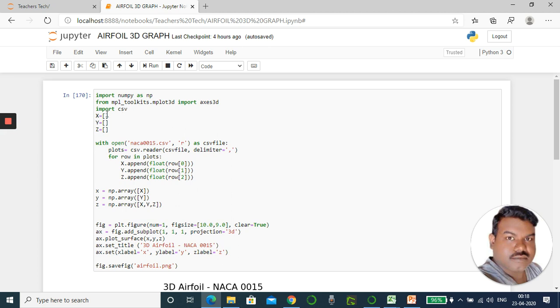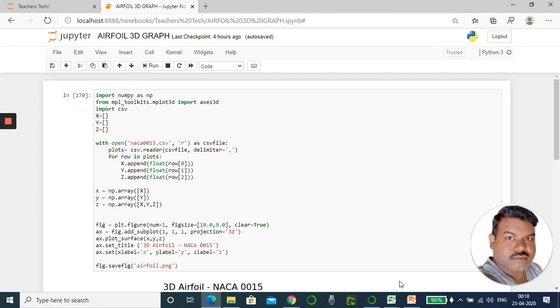Then I am initializing capital X, capital Y, capital Z as empty lists. Now this empty space I'm going to fill with the data that is available in the CSV file.